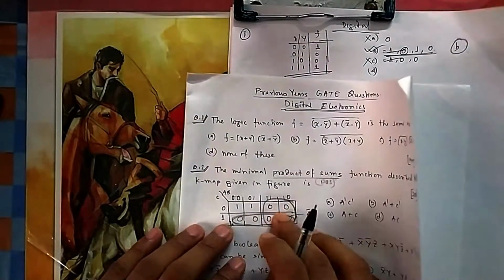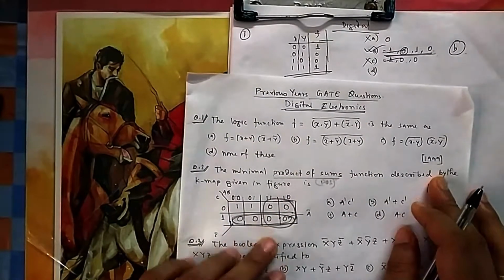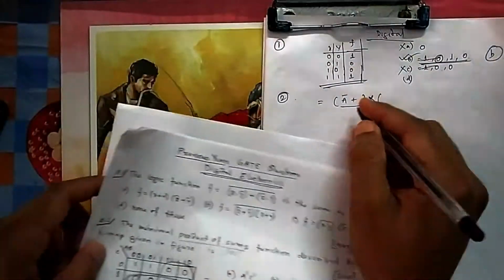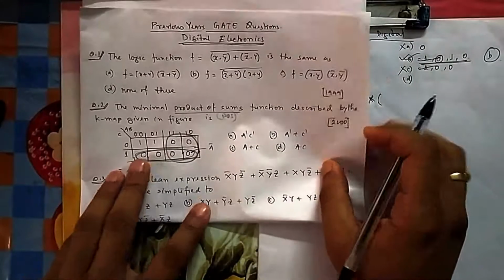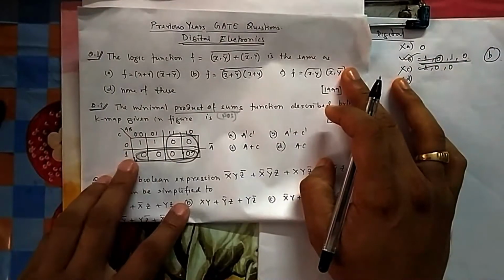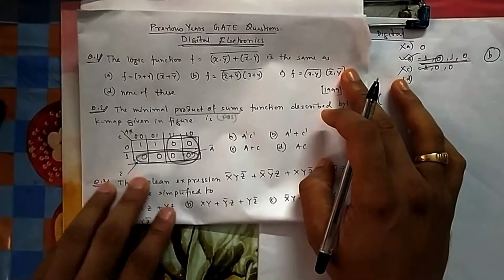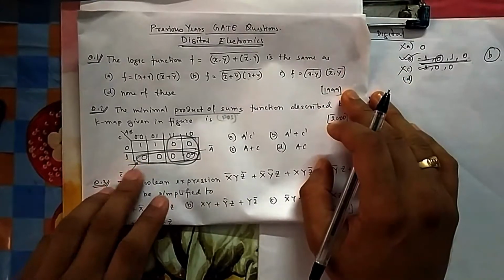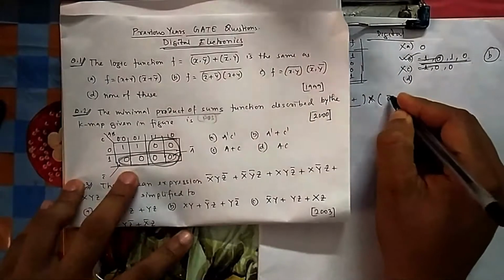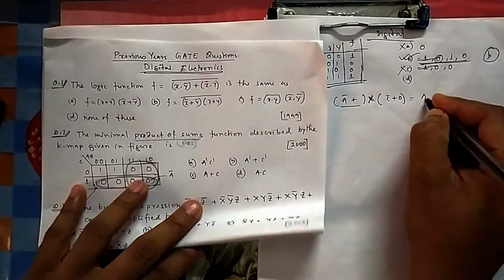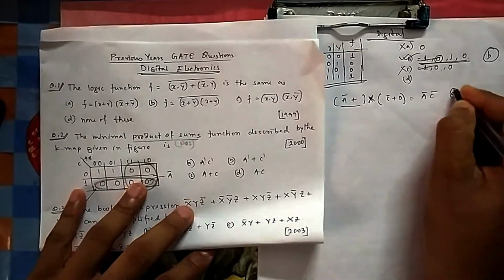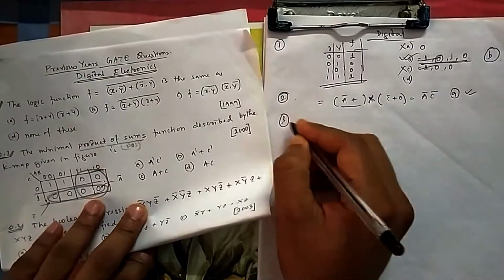Generally we take one quad plus then another quad. Here one quad, product, another quad. And inside one quad we will take summation if there are 2, 3 items which are not changing. So all that will be added. Now if you see the next quad, which one is not changing? A and B are changing. The item that is not changing is C. So that's why it should be C bar. They have also mentioned 1 means C bar. So it is C bar. Any other thing that is not changing? No. So we leave it blank. So that means it is A bar into C bar. That is your option A. Just the reverse of what you do in SOP.